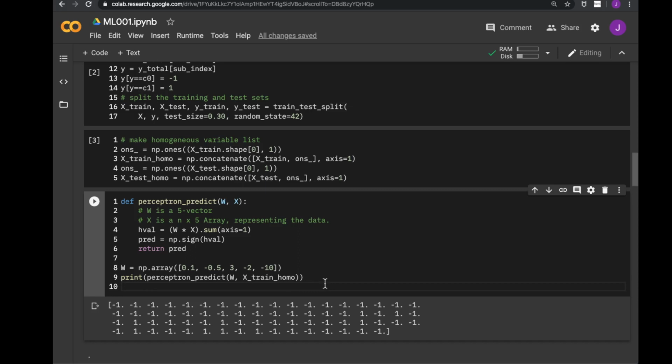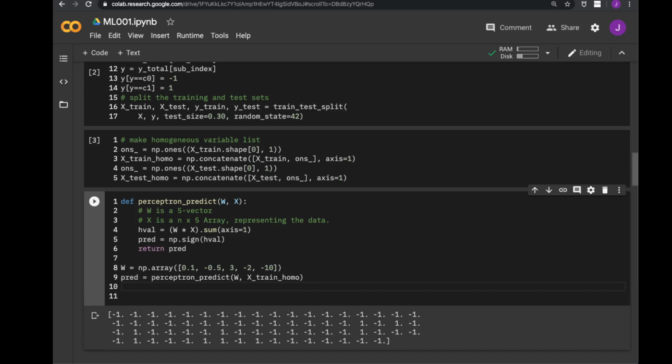For the accuracy, what we need to do is, for example, compare the prediction. Let's call this the perception result prediction. We want to compare the prediction with the given value of the target classes at each data sample. Say the given value is y train. We want to compare y train and the prediction. It is very easy to compare that. In Python,